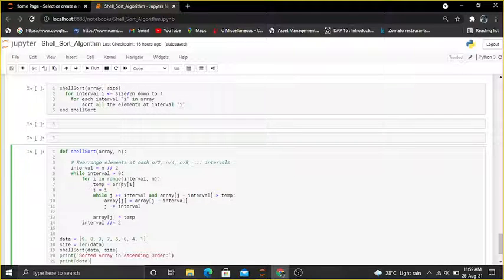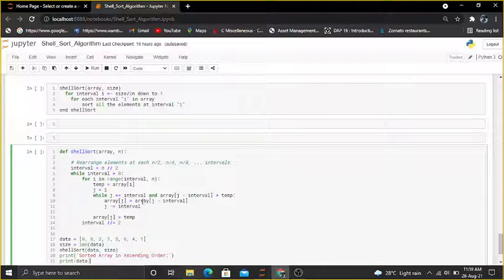So for i in range interval comma n, we are taking our interval, and the value which is lower is going to be stored into a temporary variable here, and after that it will be shifted to that position. Same with the j variable also.